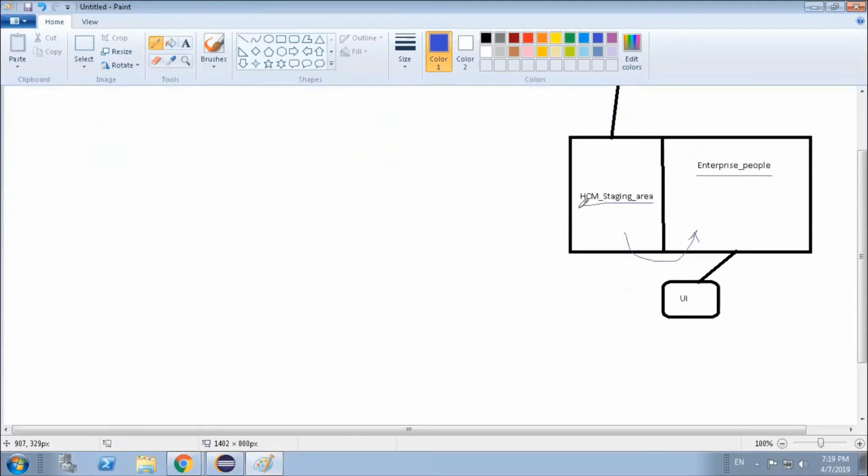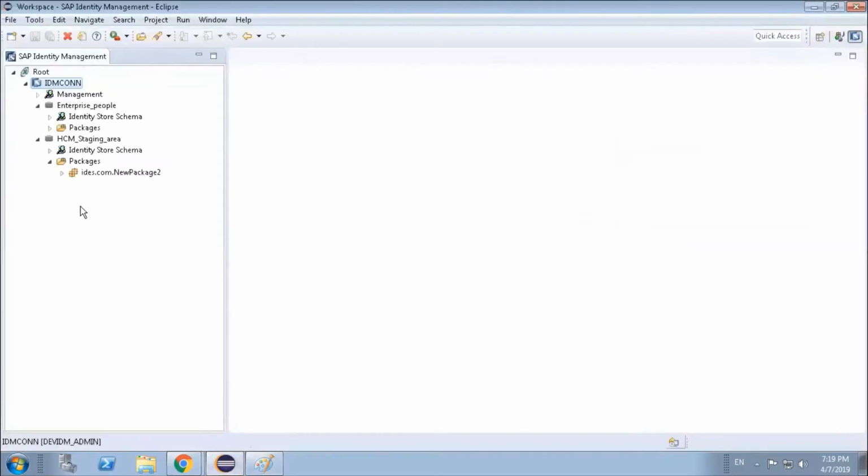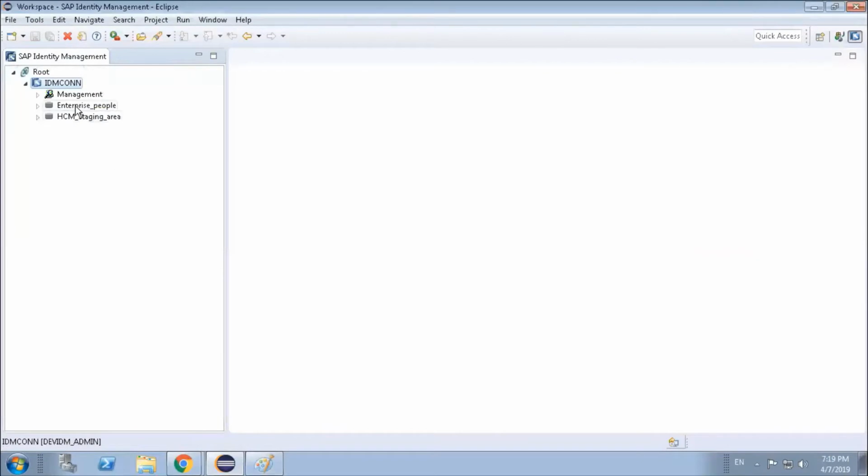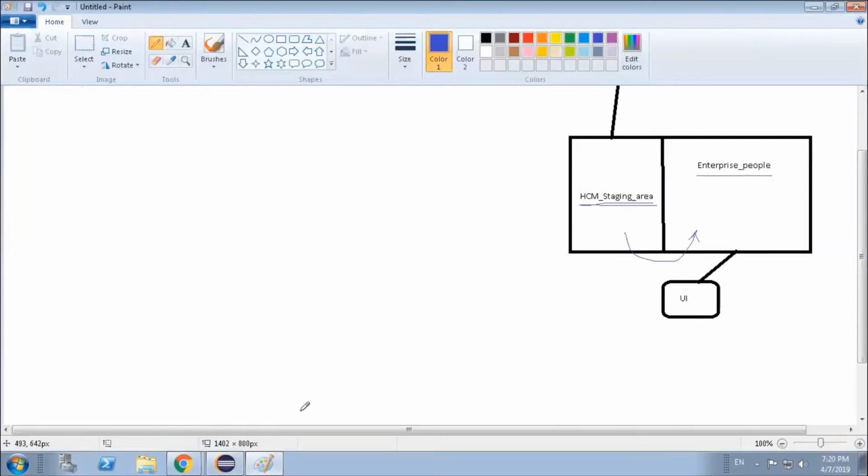Now, in order to make another identity store, what do we have to do first? We have to first create a separate identity store, the HCM staging area identity store. If you go back to your system, here you can see there are two identity stores. One is enterprise people, which is this one, where whatever data is there is visible to our UI.